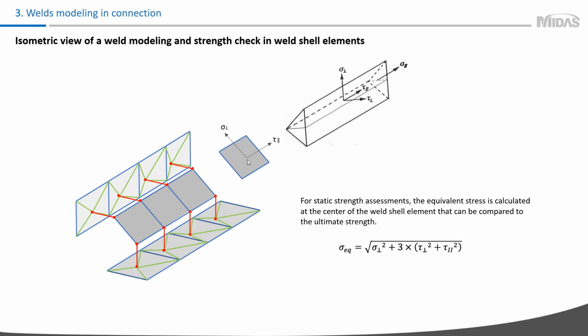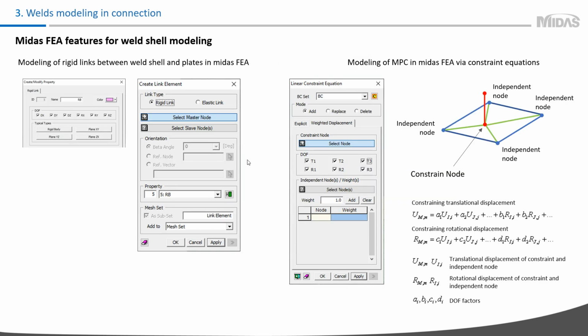For example, according to the Eurocode, this limit plastic strain can be taken as 5%. Now, how it can be modeled with a Midas FEA functionality. As for the rigid links, you can define rigid properties and then create link element between shells. And according to the multi-point constraint approach, the constraint node can be arranged at any place and not be merged